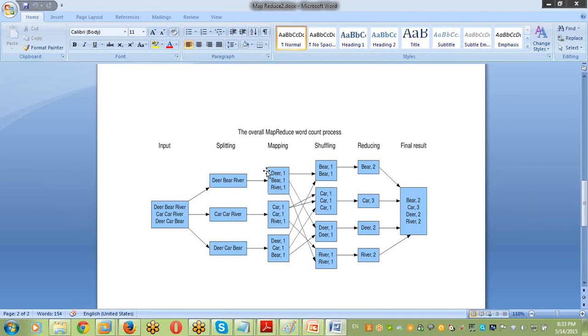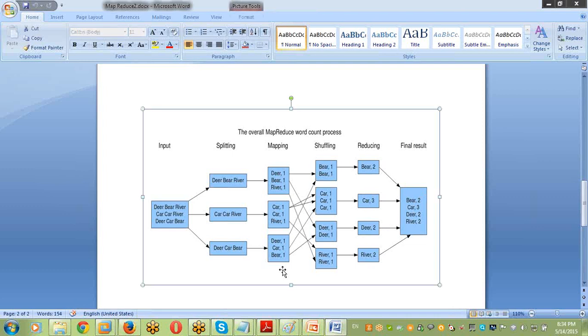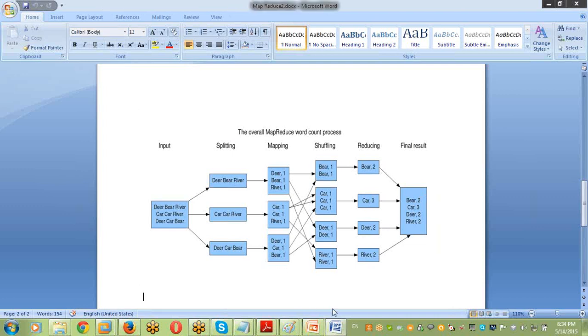After that, the mapper gives the output. That output we call the intermediate data. That intermediate data now goes to the reducer. The reducer reads the logic and applies the reducing concept. Once the reducing concept is completed, we get the final output. So there are two stages: the mapping stage and the reducing stage. Right, next. Do one thing, friends. It is not a simple concept. It takes some time, now that I'm starting this concept in MapReduce.